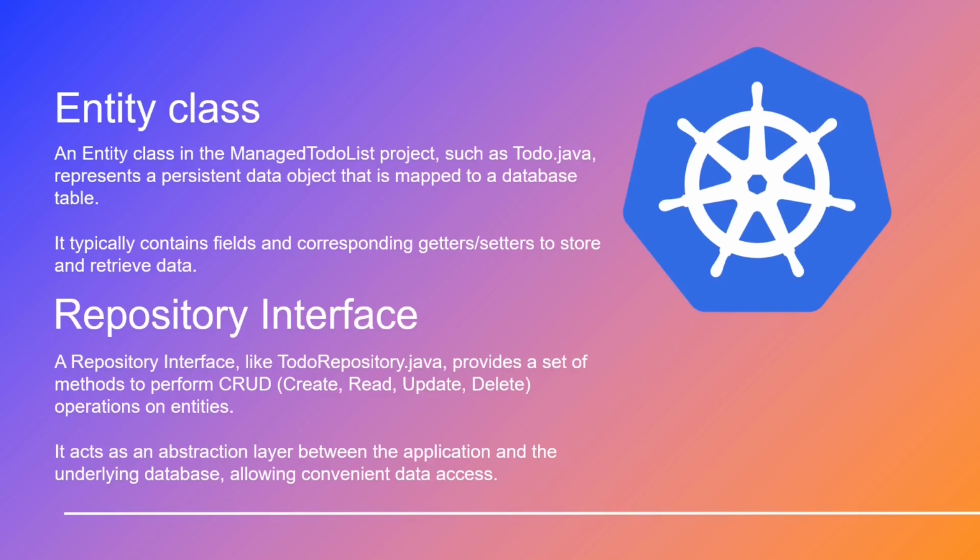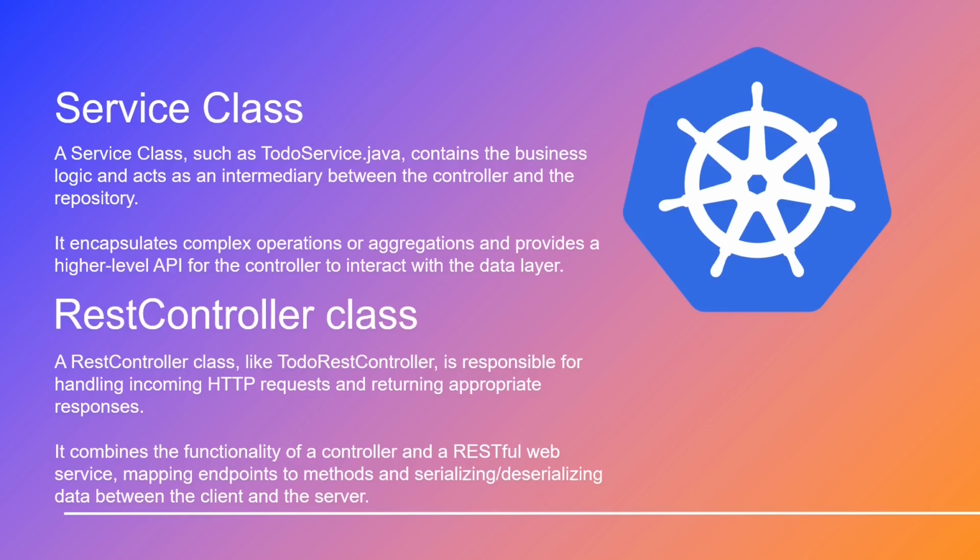A repository interface, like to-do-repository.java, provides a set of methods to perform CRUD (create, read, update, delete) operations on entities. It acts as an abstraction layer between the application and the underlying database, allowing convenient data access. A service class, such as to-do-service.java, contains the business logic and acts as an intermediary between the controller and the repository. It encapsulates complex operations or aggregations and provides a higher-level API for the controller to interact with the data